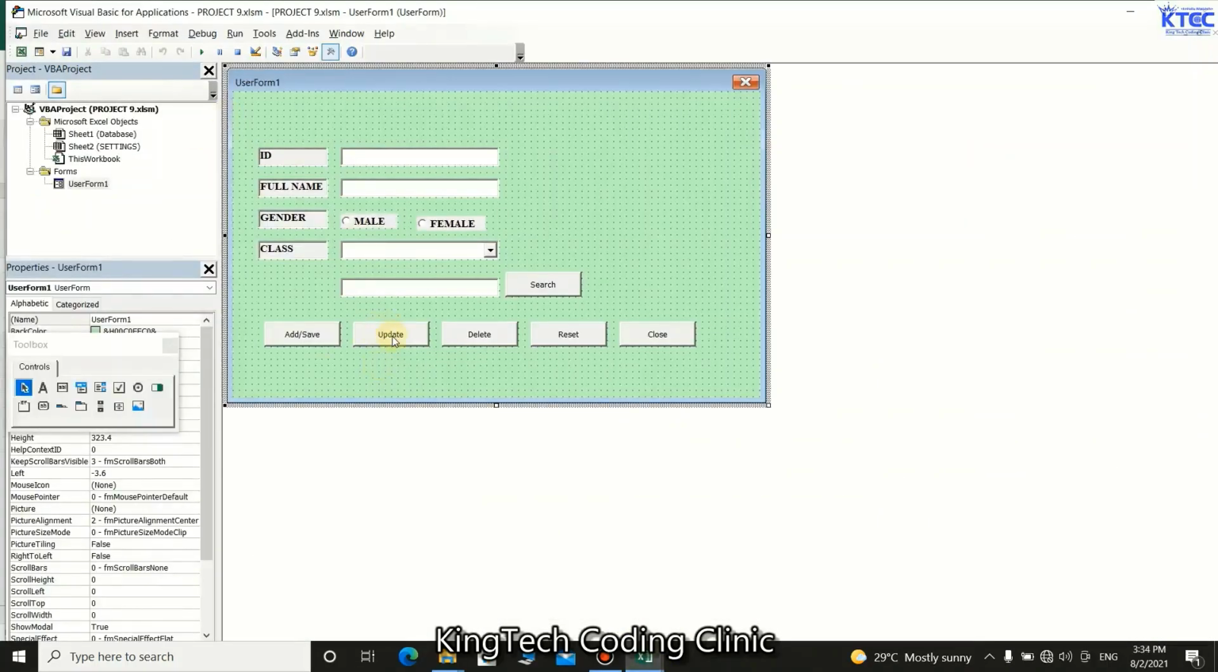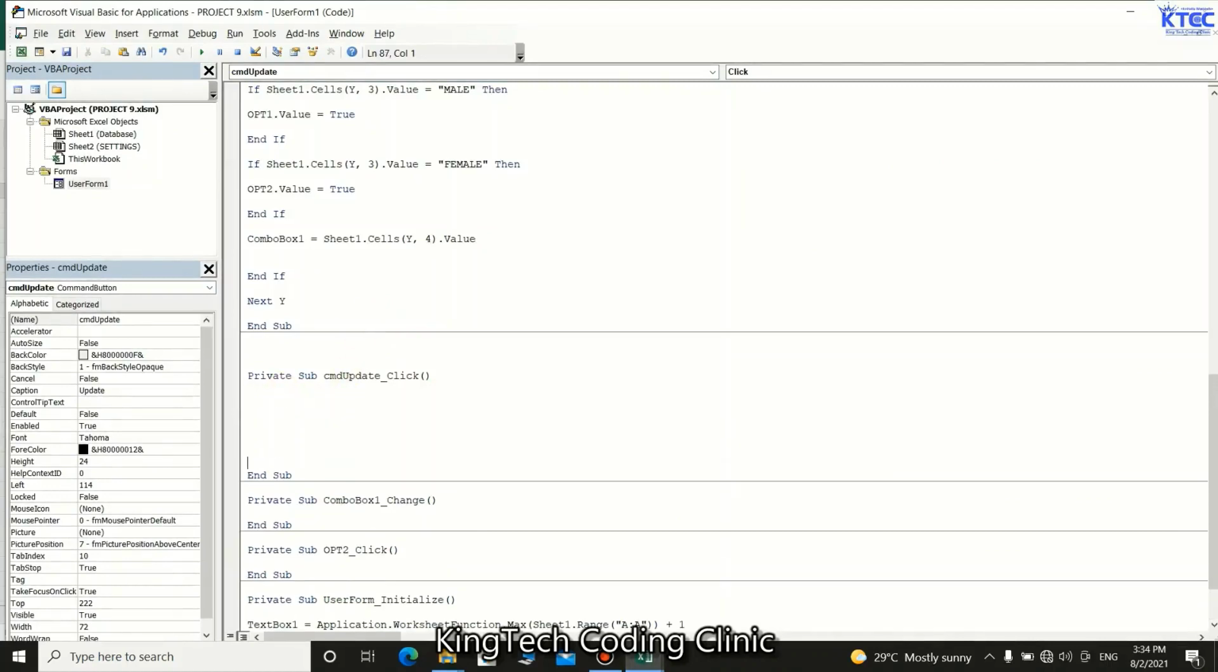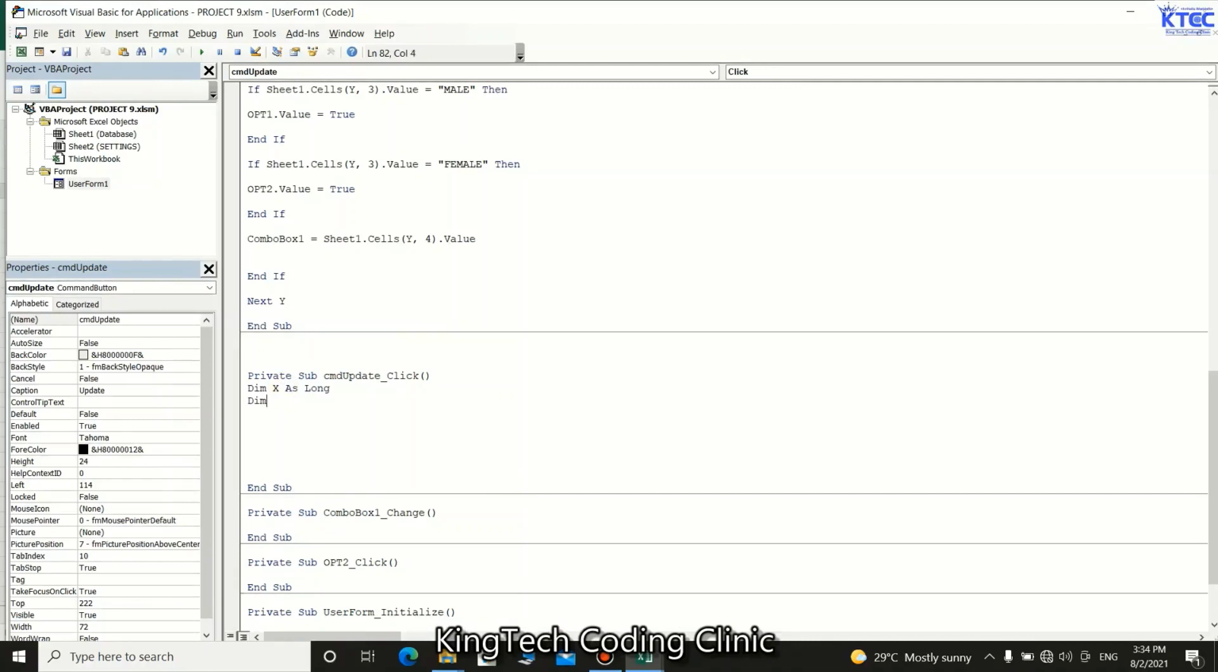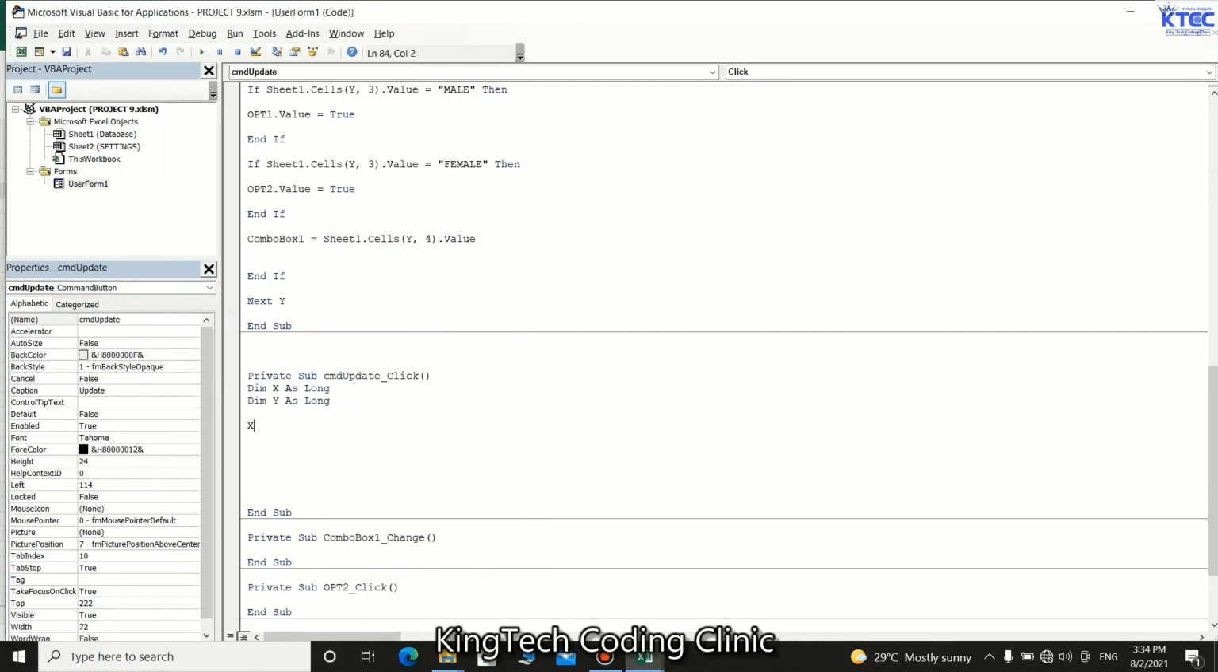So we double click on the update button and then we begin to write the syntax. We're going to dimension a few variables, then we proceed. So we say dim x as long, then we dim y as also long. Perfect. Now we need to set the value for x, which is going to be used to determine the last row with data. So we say x is equal to